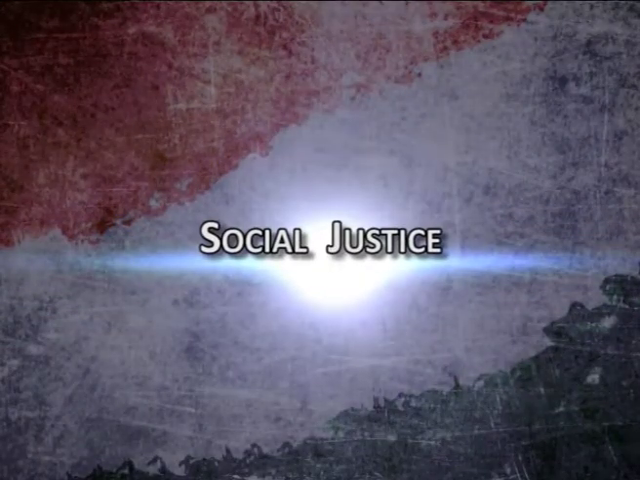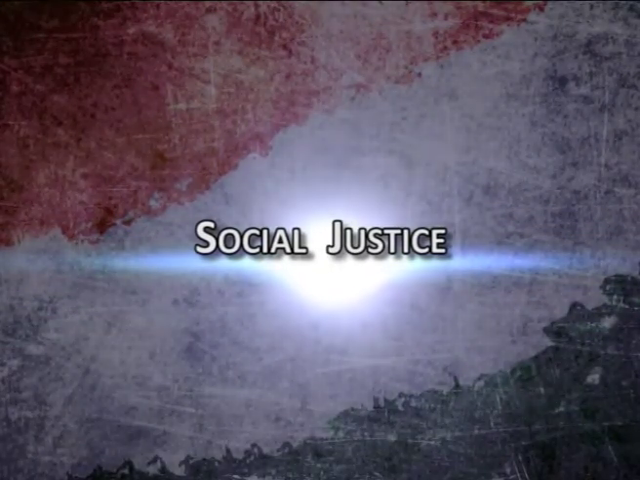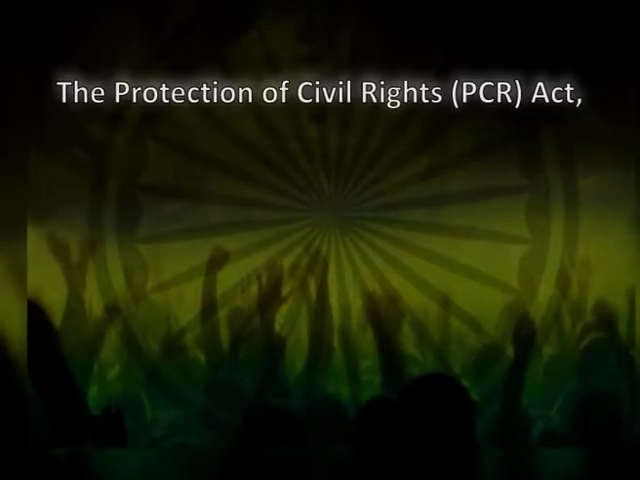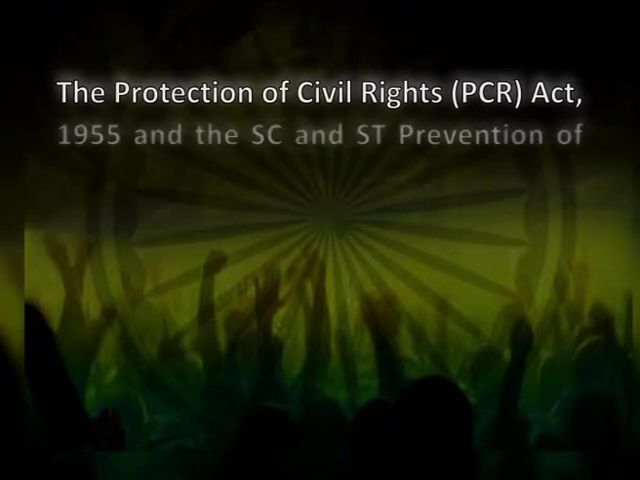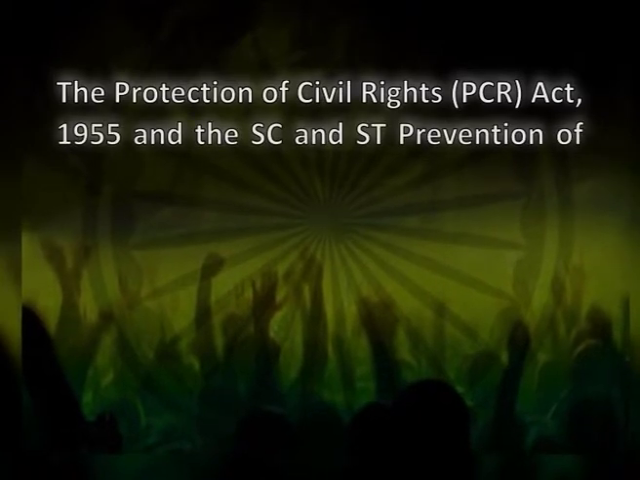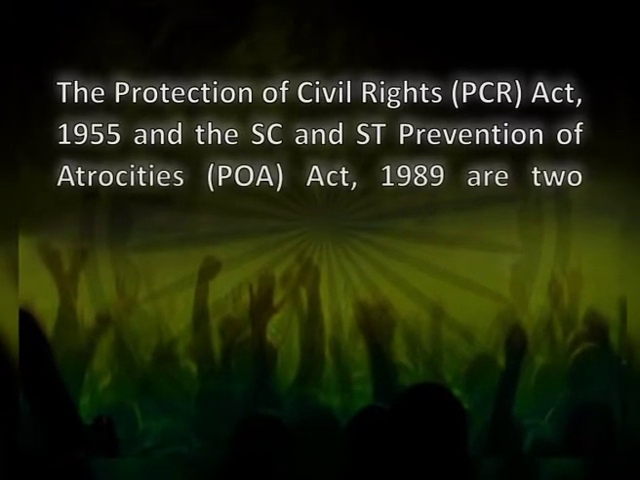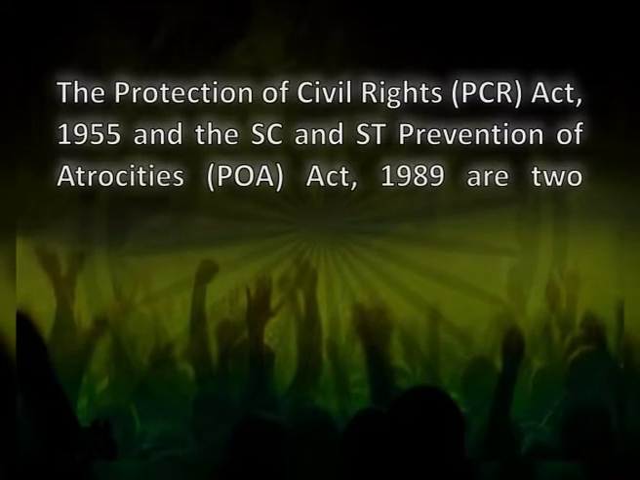Now let's move down to social justice. Social justice measures for the weaker sections of society include legal measures that ensure protection of civil rights and curb social discrimination. The Protection of Civil Rights Act (PCR Act 1955) and the Scheduled Caste and Scheduled Tribe Prevention of Atrocities